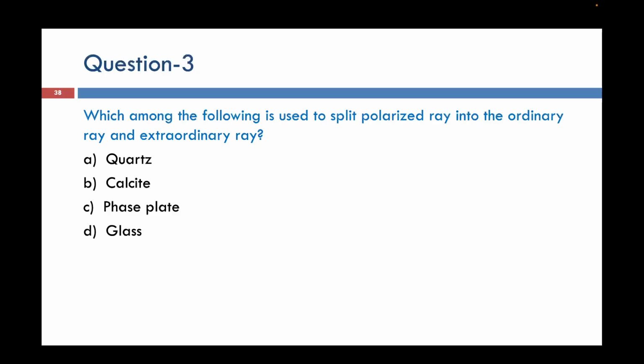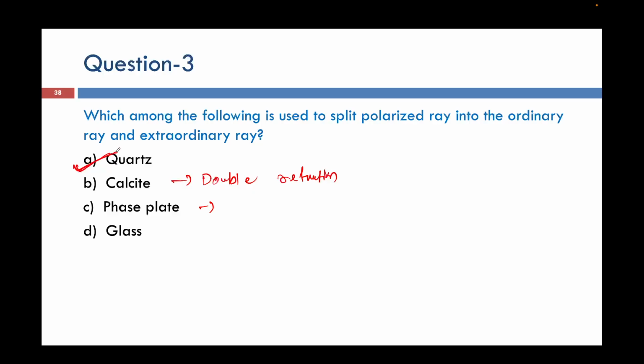Polarized ray into ordinary and extraordinary. Remember, calcite is used for... No, not calcite. Calcite is used for double refraction. Phase plate is used for retardation, and glass is not used. So the answer is quartz. Calcite is used for double refraction, but quartz is the answer, which splits the polarized ray into ordinary